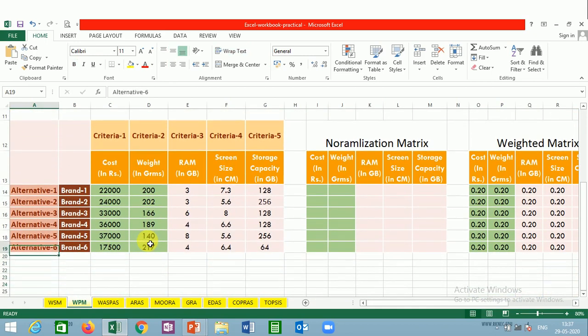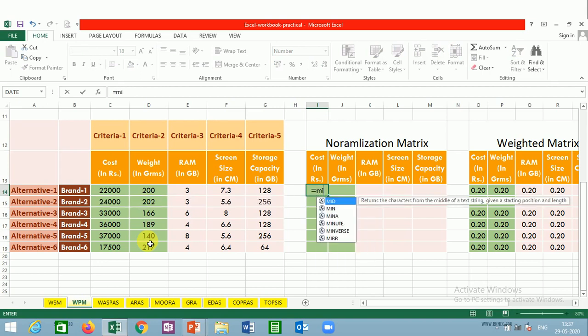Now the normalization matrix. We know that to get a normalized value for the cost criteria, the normalization formula is that the minimum value must be divided by each value. To find the minimum value, Excel gives me the MIN function.